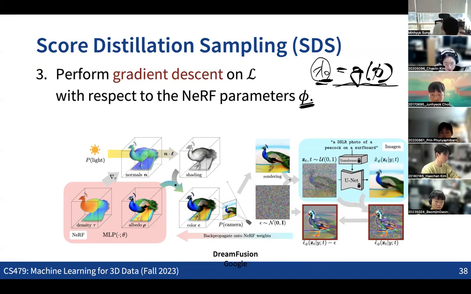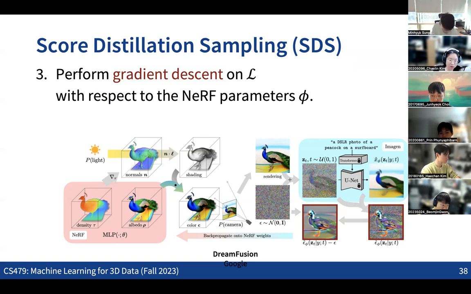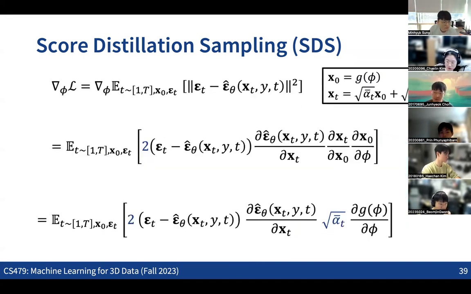So this is what we are going to do, and this is the idea which is called score distillation sampling. So we are running the gradient descent in a way to minimize this. And if you see the chain rule here, we can see that this gradient computation becomes decomposed into this form, right?